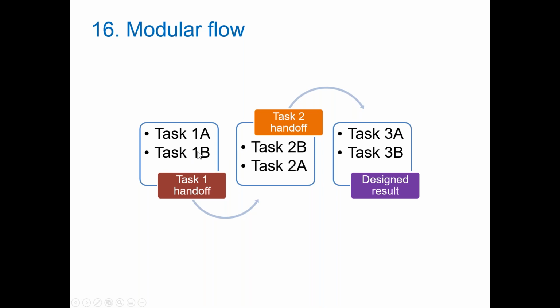Now realize that the facilitator is watching all of this. The Gandalf or Dumbledore is watching with their magic wand and they're watching in the mirror of Galadriel or whatever it is, that everything's working. But the task two hands off to task 3, and we get the designed result. Again, modularizing activities so that it's faster. We can pick it up, set it down. People can go off, get what they need to do. When it's time to pick it back up again, they can come back quickly, and we don't have that tremendous pickup time and drop transition time.